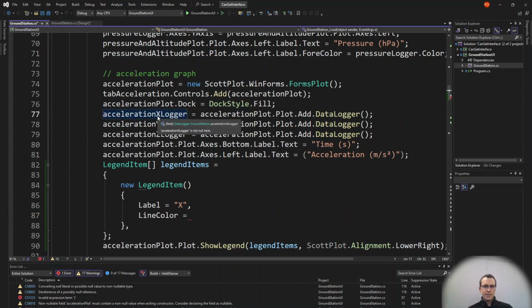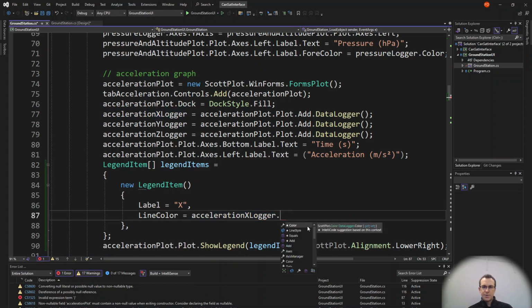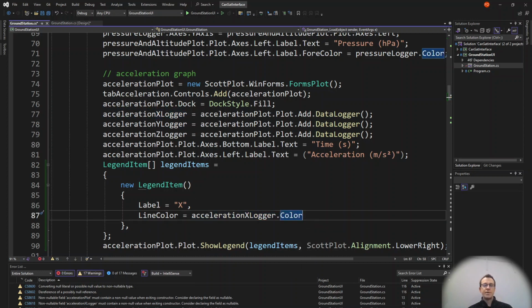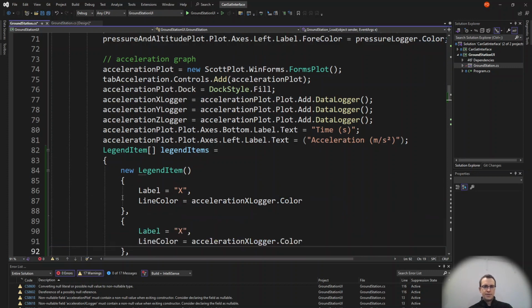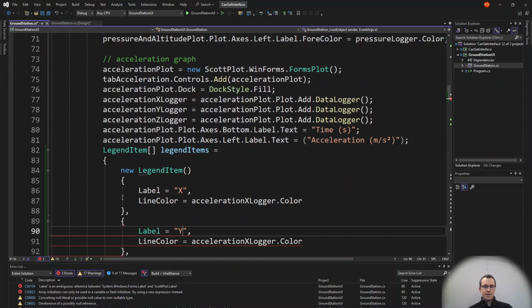Right, so we've got the X logger object here. That should have an attribute called color, so that the line on the graph matches the legend item down at the bottom. All right, let's add in another one for Y. This time the label is Y. The line color is,